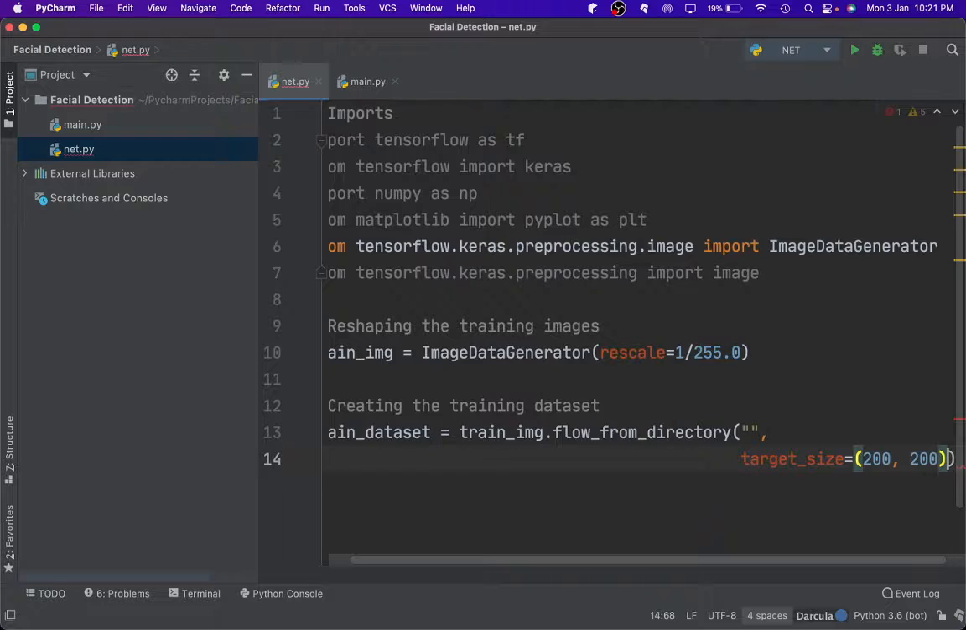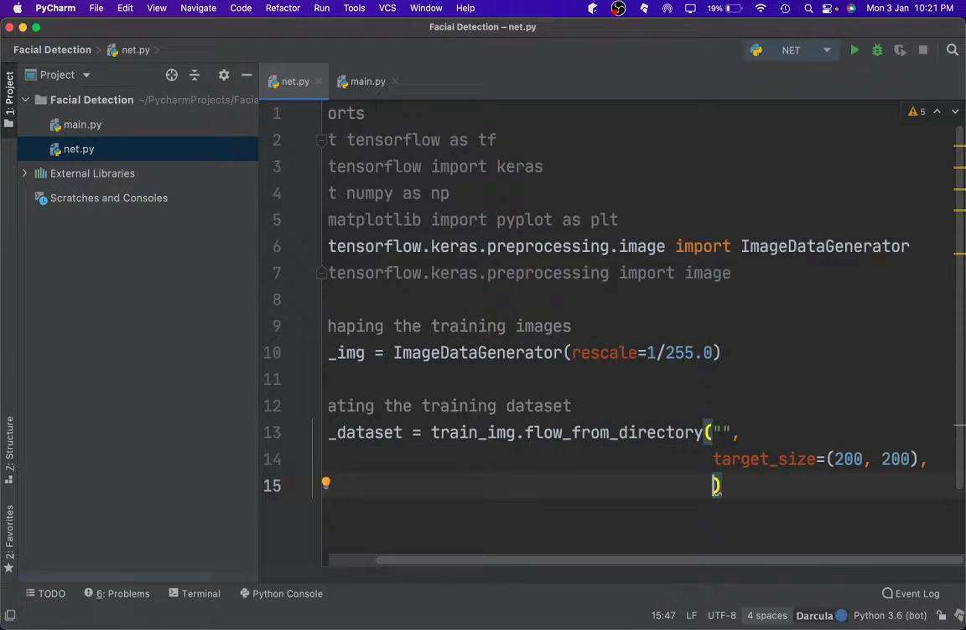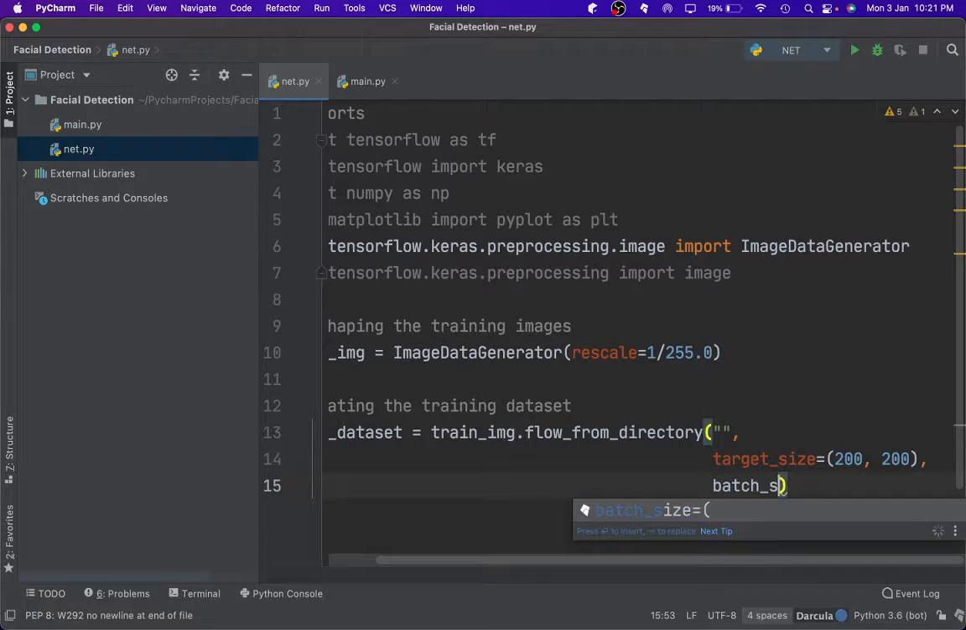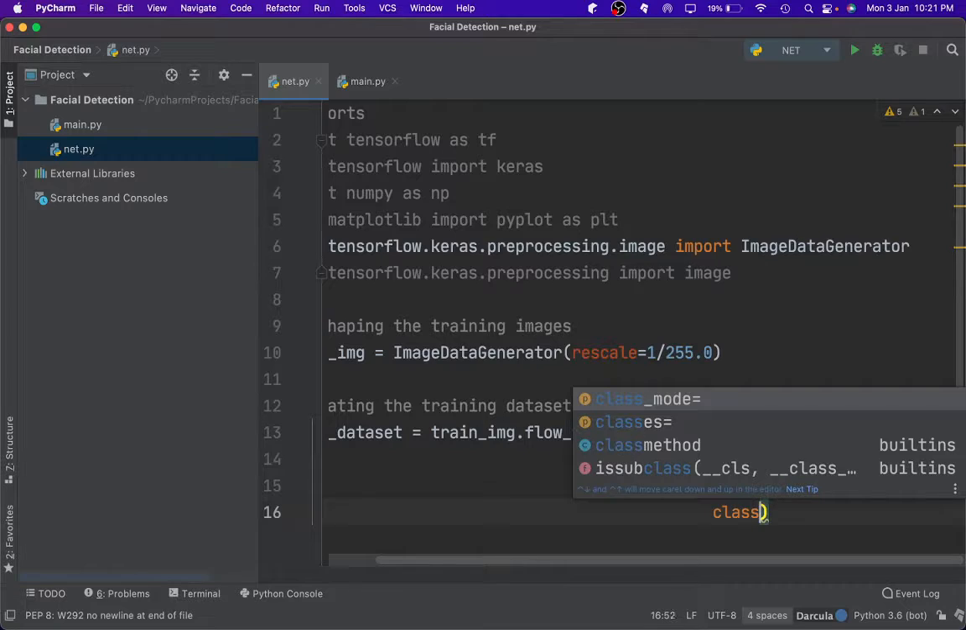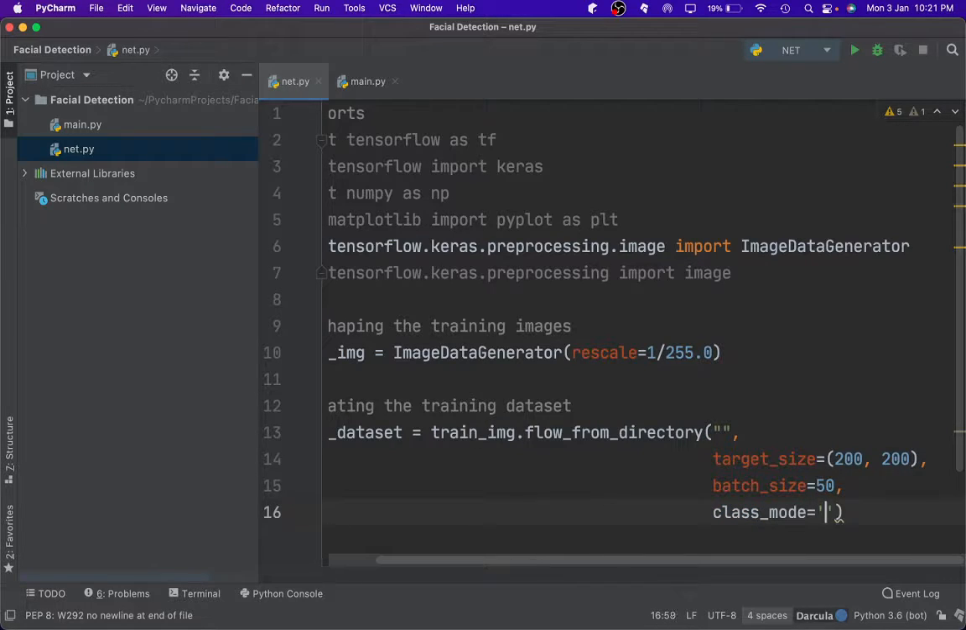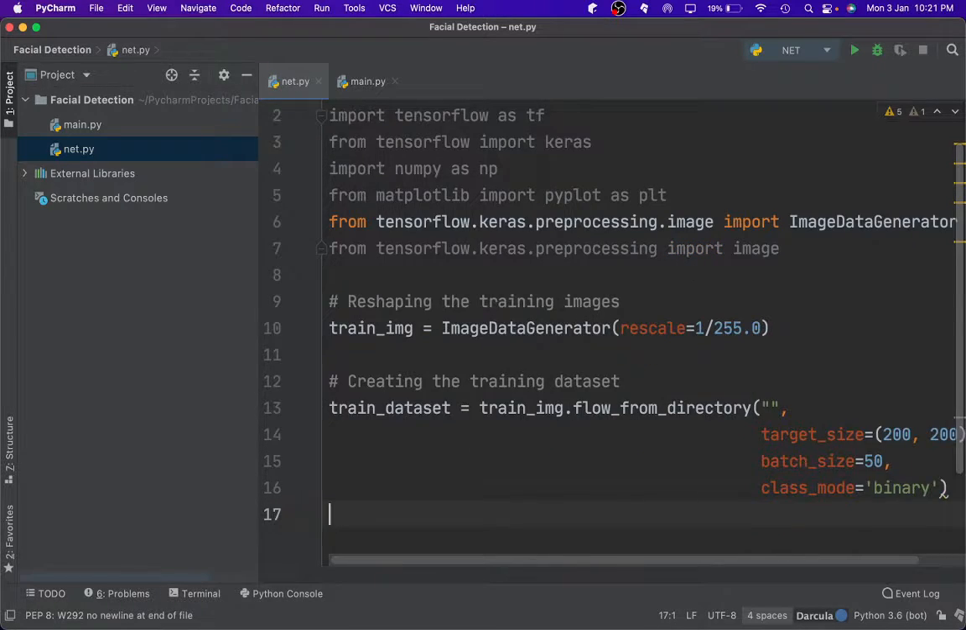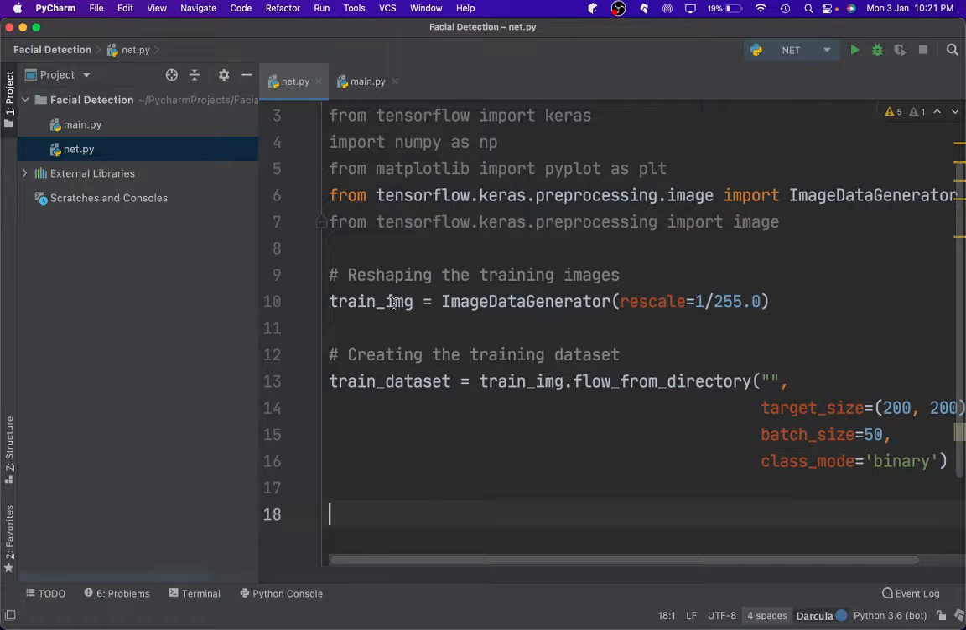Oh, not 2000, that would take up a lot of time. And I will also have a batch size of like 40, actually, you know what, 50. And I think it's just gonna be binary, so I'm just gonna have a class mode of binary. Alright, so now what I will do is I'm just gonna open up Photo Booth over here on